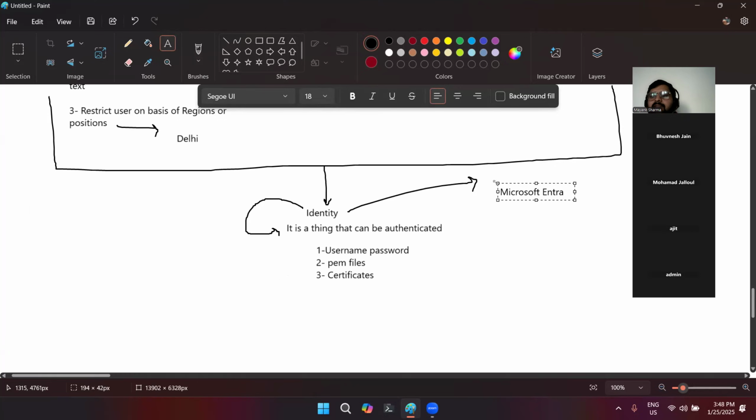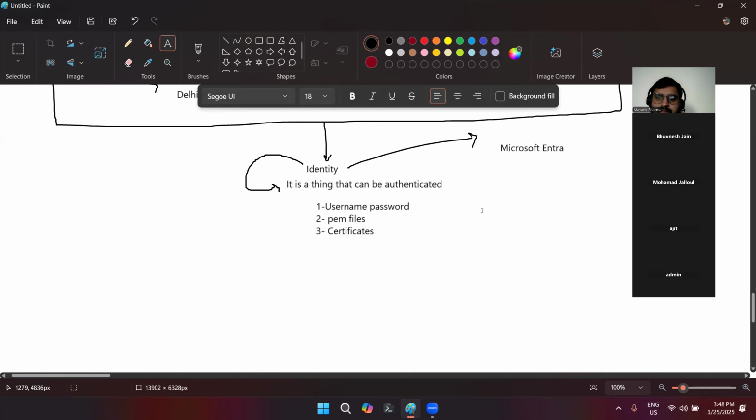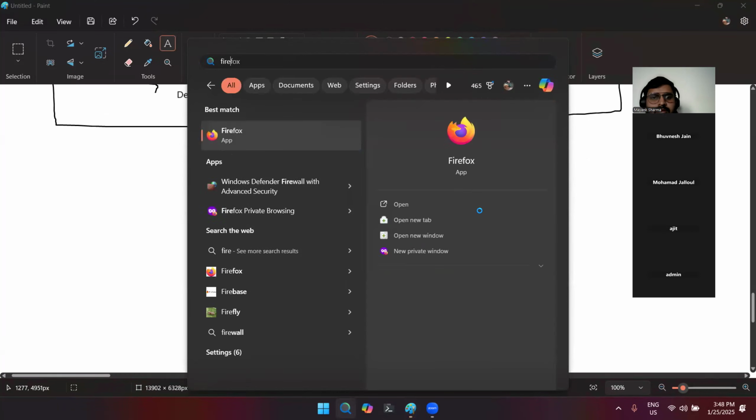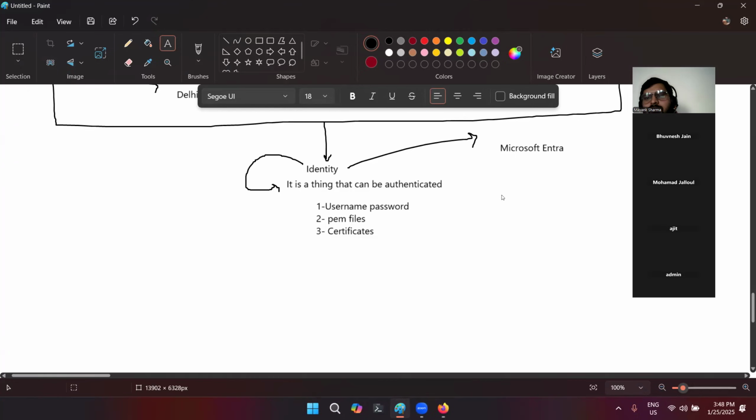The first and the basic thing that Microsoft Entra manages is your identity only. So when we create our account, now before jumping into that, first of all, let's log in to Entra so that we can understand. I am believing that everyone has purchased the subscription of the Azure portal. If not, it again does not do many things, but yeah, just take the subscription. So log in to Azure. Let's just go.